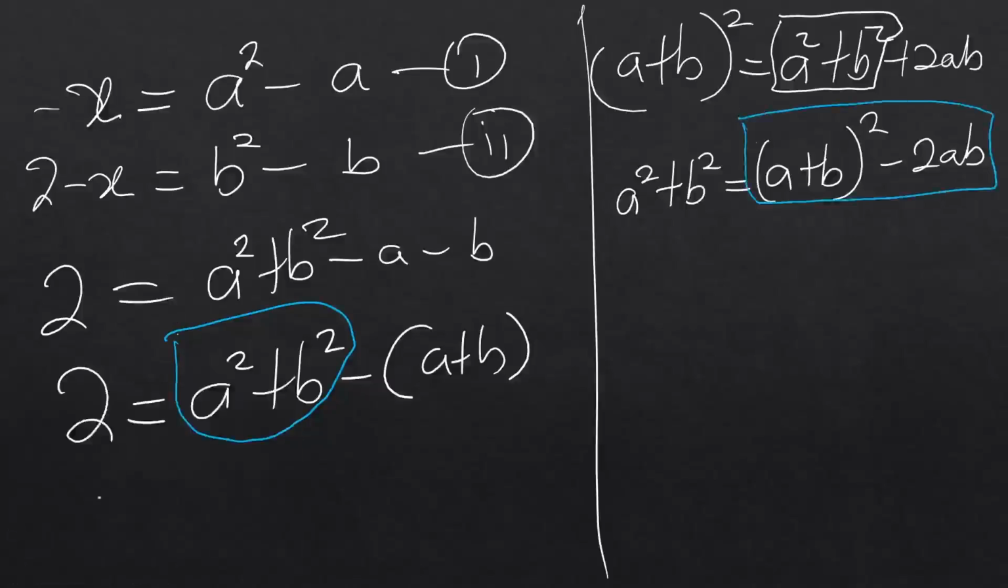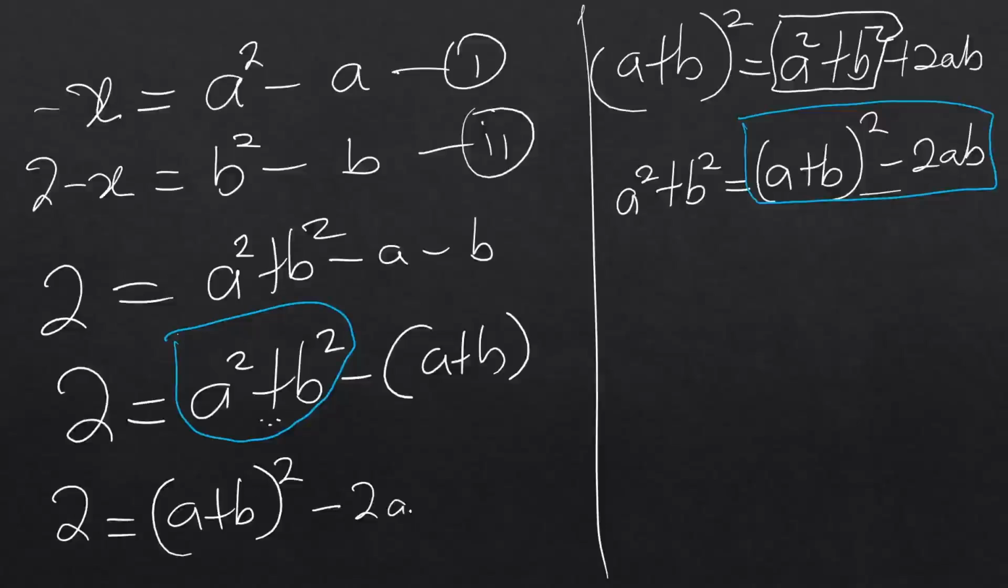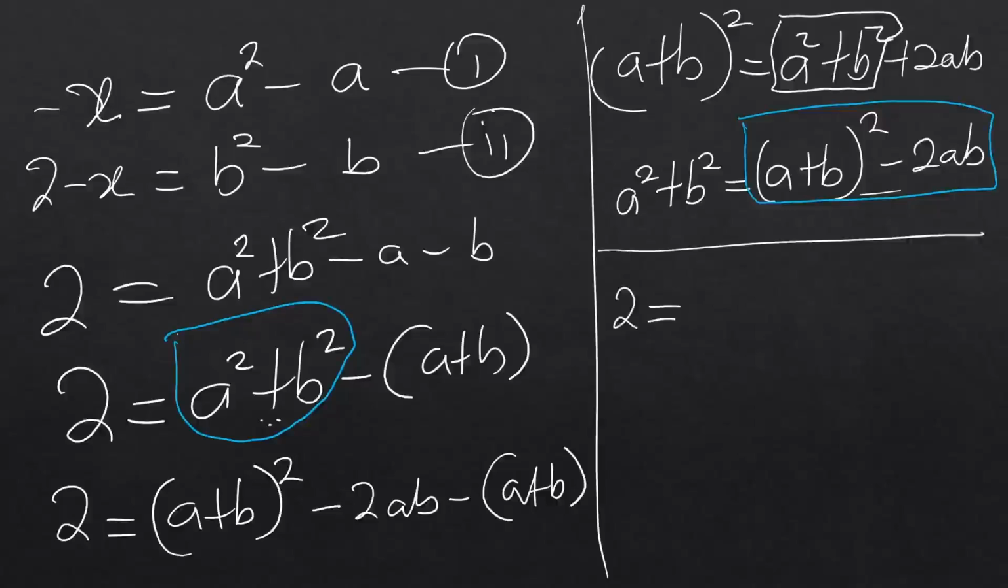So let's go there. I'm going to have 2 is equal to (a plus b) all squared, I'm sure you understand where I'm going, minus, remember, I'm putting this minus this, which is minus 2ab, then minus (a plus b). All right, so that is what I am supposed to have there, right? So if I get this, it means that I'm going to have 2 is equal to